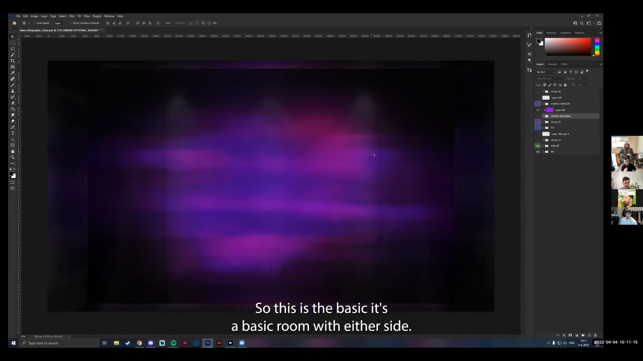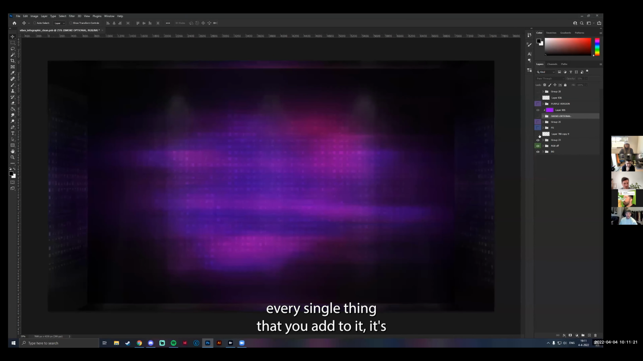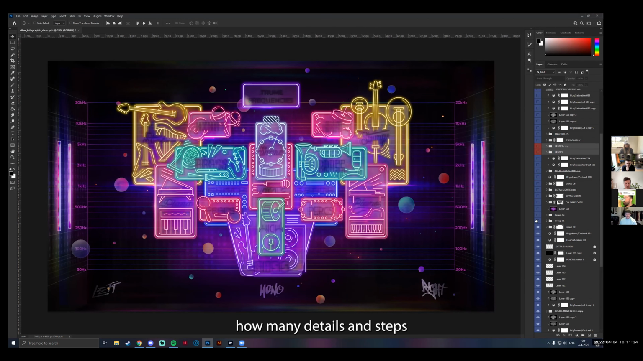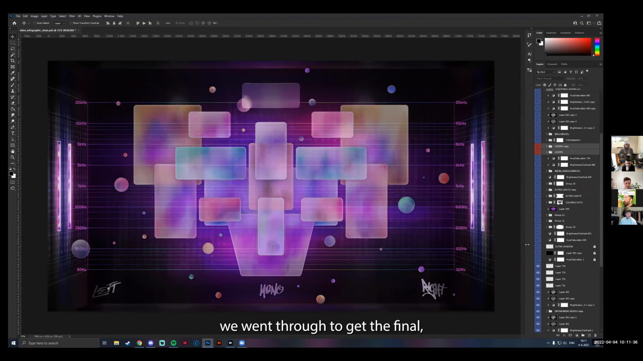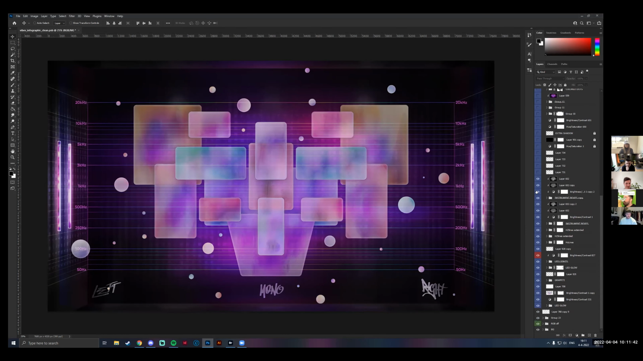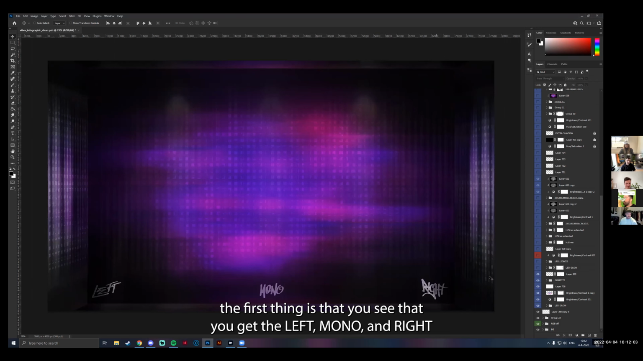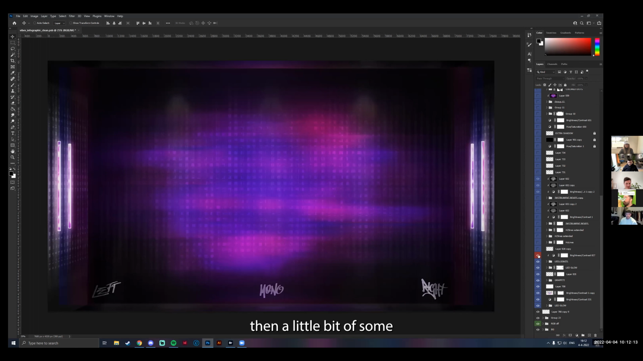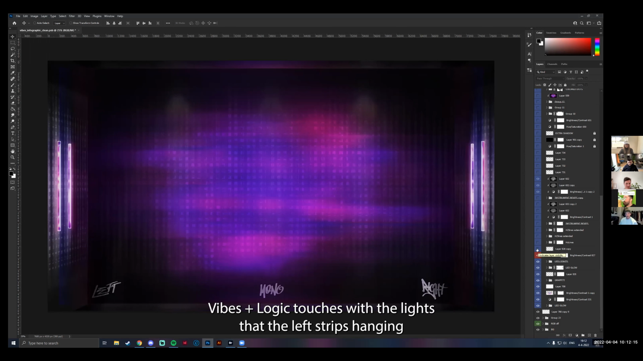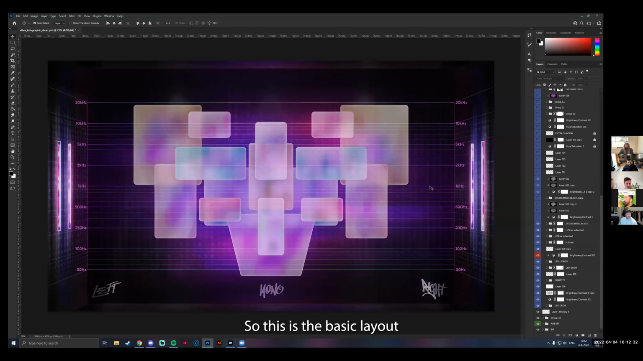So this was the basic room that I designed. It has these concrete walls, and every single layer that you add to it shows how many details and steps we went through to get the final look. So, of course, the first thing is that you see you have the left, the mono, and the right. Then a little bit of Vibes and Logic touches with the lights, the LED strips hanging in the 3D room. And then this is the most important part. So this is the basic layout of